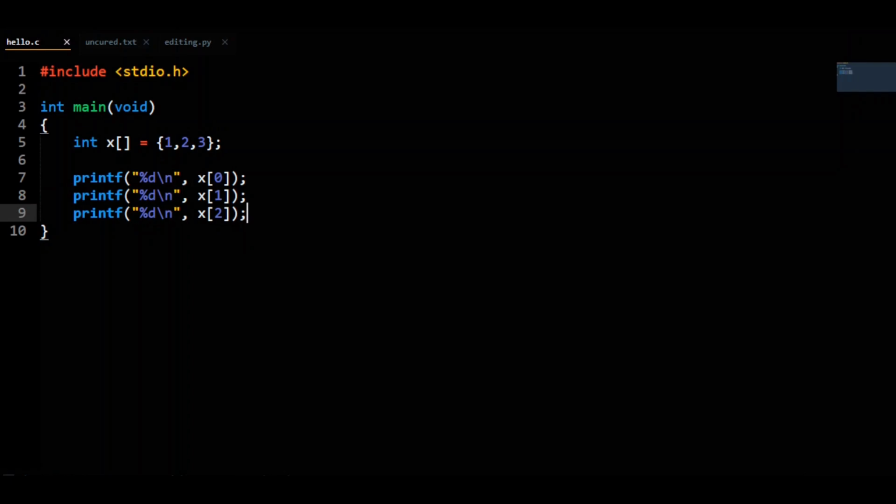I talked out each one of those printfs so you could see just how impractical this would get as the array grows larger.